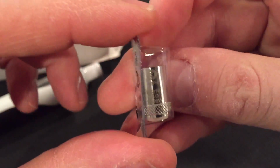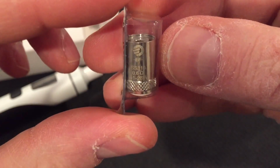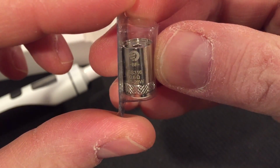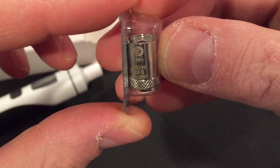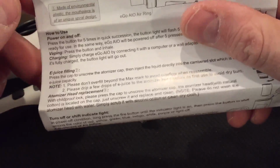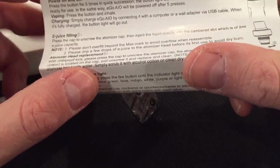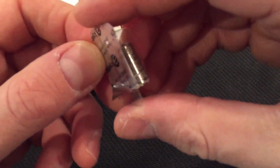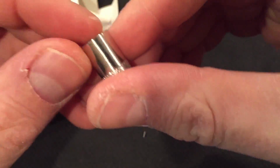And then this is a 316. Oh, you can see it. Okay. So this is a stainless steel BF, bottom fed. I don't know what BF means. It's probably in here somewhere. Let's see if we can find out what BF stands for. All right, I'm not going to waste time trying to find out, but suffice it to say, this coil,